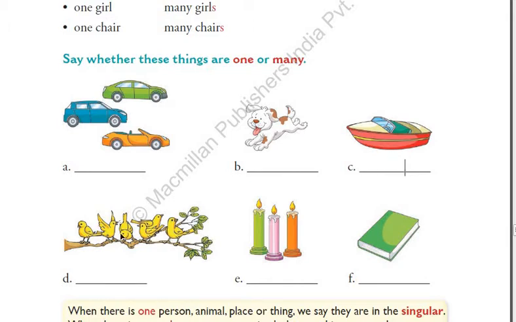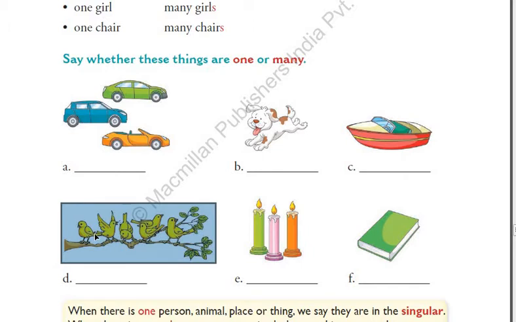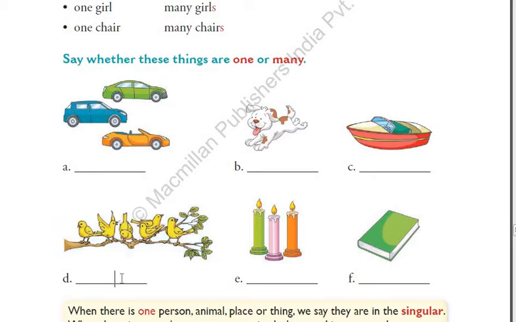See students, in this picture, you can see not only one, but many birds are there. See, if we count 1, 2, 3, 4, 5, 6. Yes, so 6 birds are there. So we cannot write one in this. We have to write many, right? Because many birds are there. Similarly here, in this picture, 3 candles are there, correct? So not one, but many. So we have to write many in this blank. So if you have written many here as well as in the birds' picture, you are absolutely right.